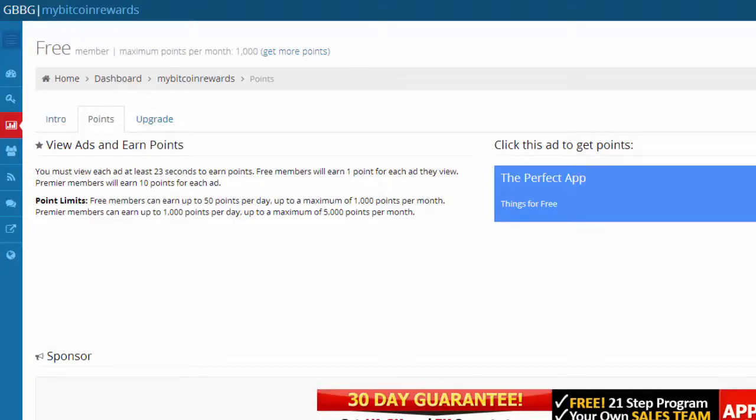As with the other sites, free members can earn up to 50 points a day to a maximum of 1,000 points per month, and premium members can earn up to 1,000 points per day up to a maximum of 5,000 points per month. To earn the entries, as well as getting your GBBG points, you click